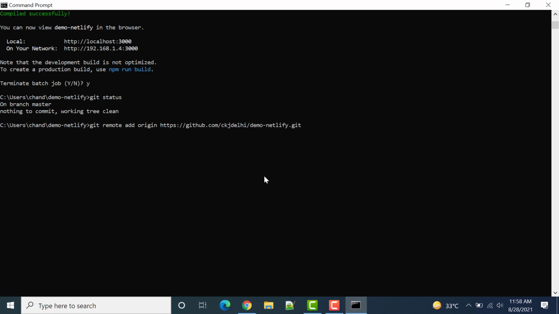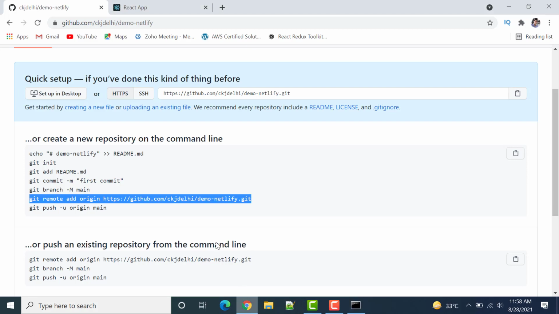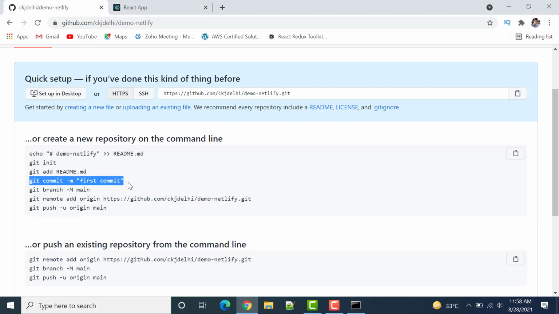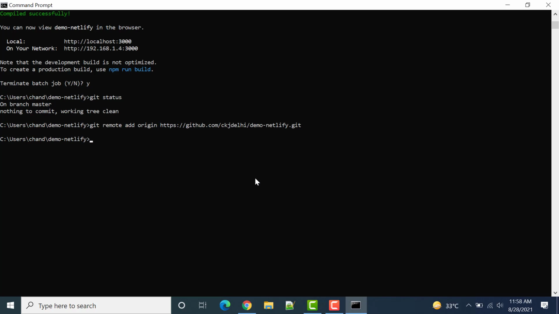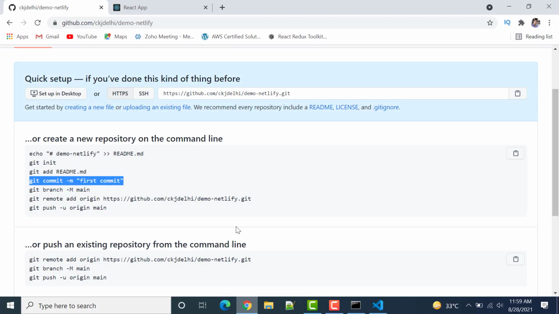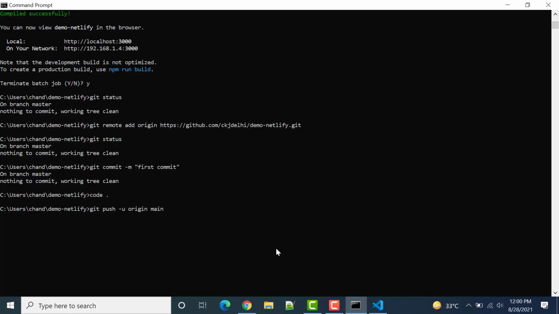So we need to add the remote from here, and then we can add some commit. If you see here, as of now we can do git status. In git status it is saying nothing to commit. So the next thing that we need to perform is git push origin, and instead of main we will write master, since currently we are on the master branch.